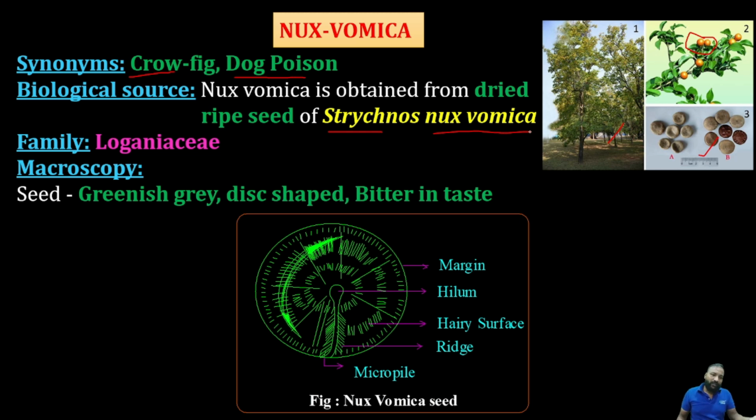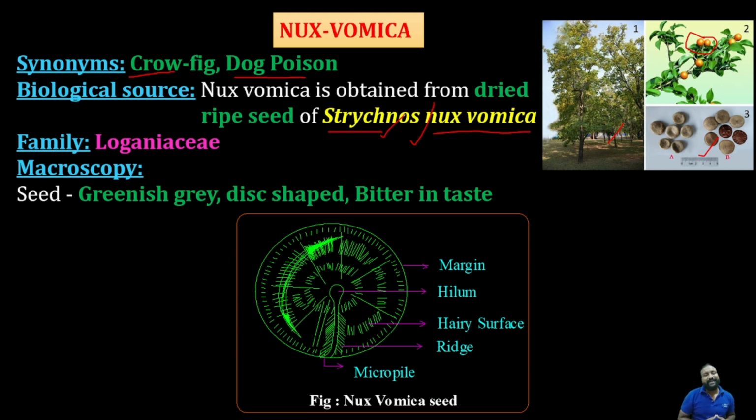For example, Vinca is the common name, Vinca rosea is the source, Apocynaceae is the family, and the vinca alkaloids are the chemical constituents. So there is a resemblance in their pronunciation and words. Similarly, strychnine is obtained from Strychnos nux-vomica, that is, from the nux vomica seed, which belongs to the family Loganiaceae.